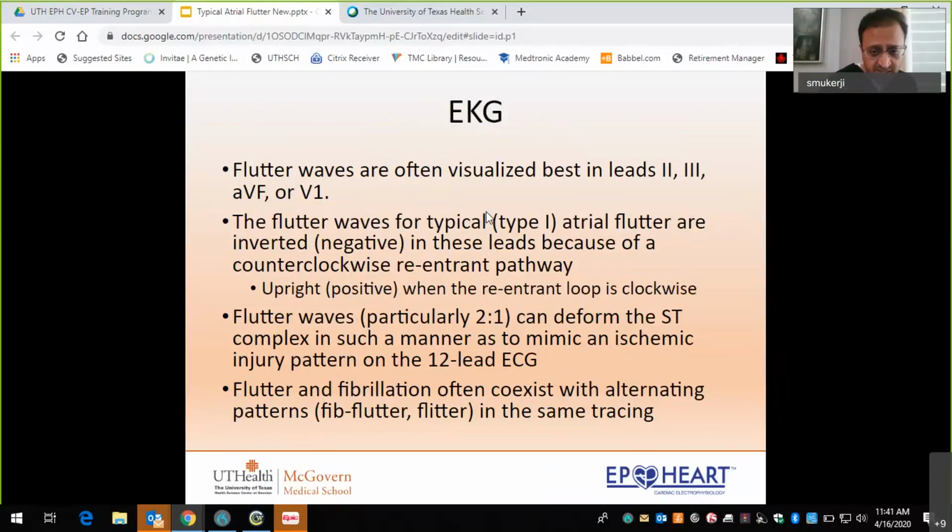I'm not saying it always is, but that's our thought process. And the caveat is it could still be typical flutter, but based on these waves, we need to be prepared. So if I see an EKG which looks like the typical flutter that I just described, but in AVL, it's negative,